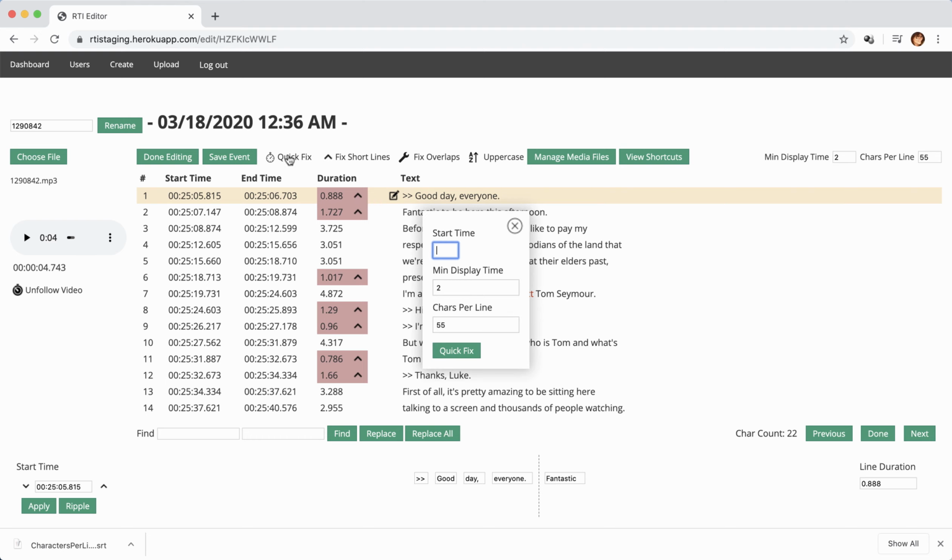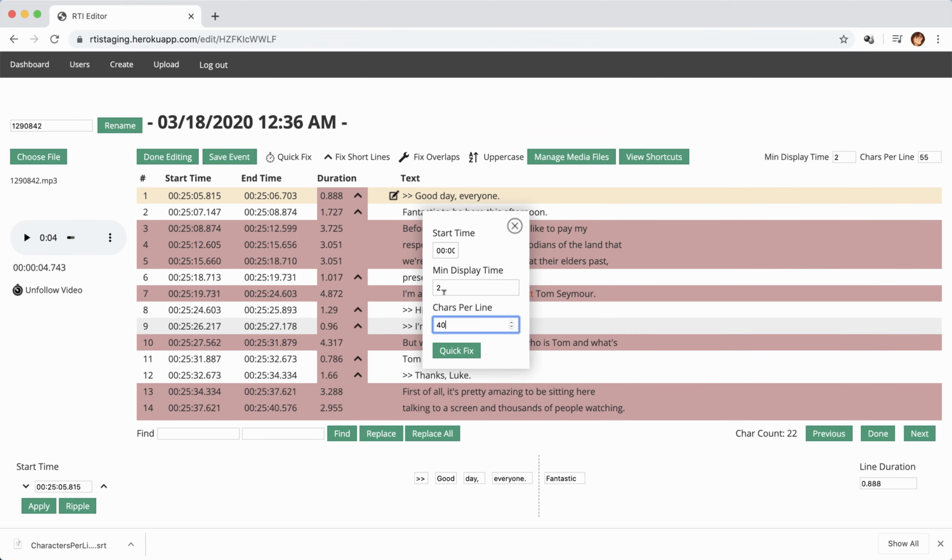So what I'll do is I'll go to quick fix. And to put this time code in, I really need to use the same time. I think I can just copy and paste it, to be honest. And paste. And what I'm actually going to do is move this to 4.5 because I was a little bit slow. Then minimum display time and characters per line. Let's say I want to do 40 characters per line, and I'm going to move the minimum display time down to